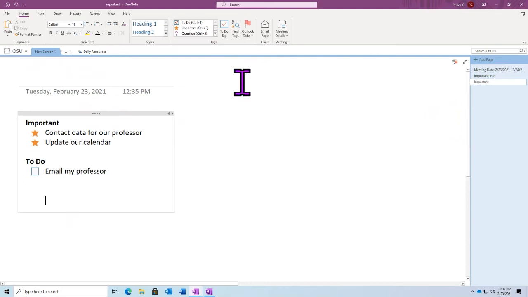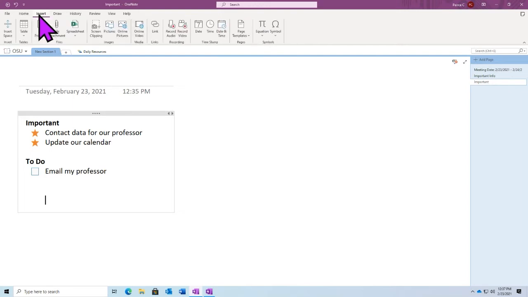Okay, I do want to continue across the top here and continue talking about some of the different resources that we have available. So next we're going to hop into our Insert tab here. And this is going to be a pretty fundamental part of OneNote, because OneNote in and of itself is a place for us to store information. So a lot of it is going to be brought in from outside resources.